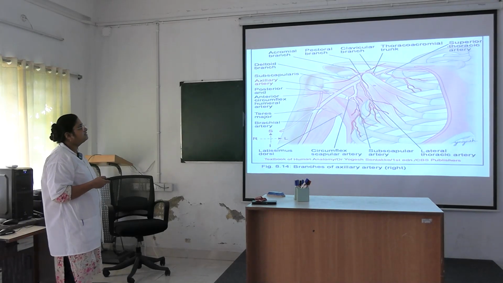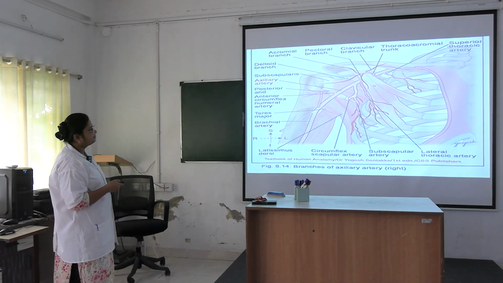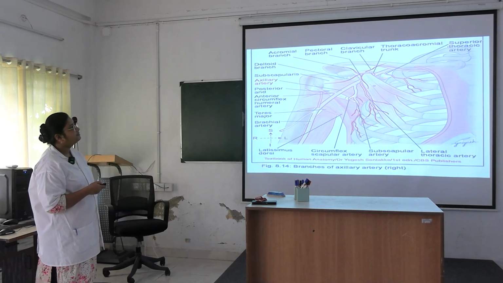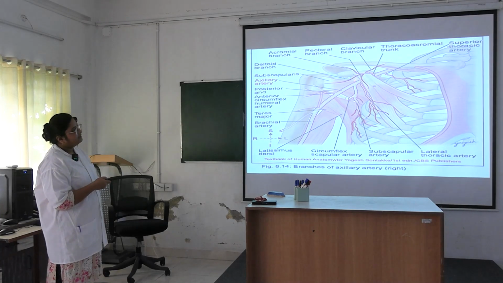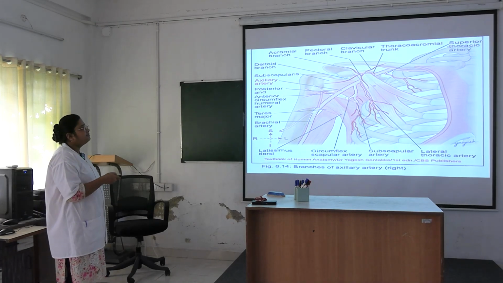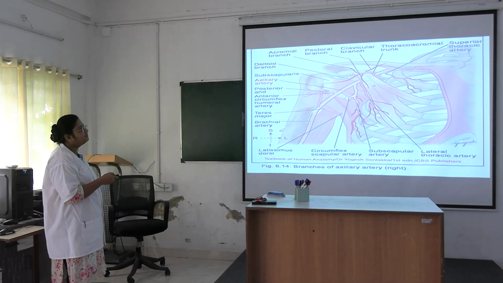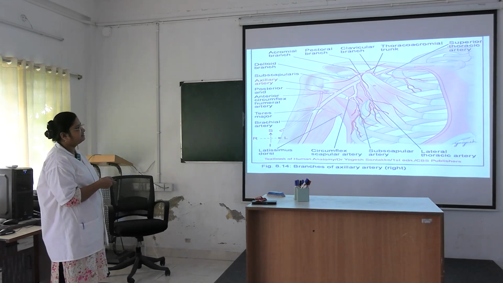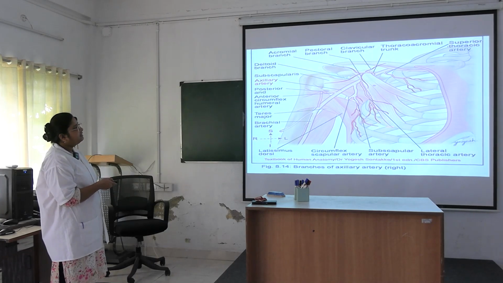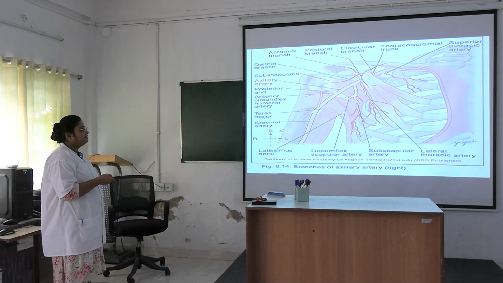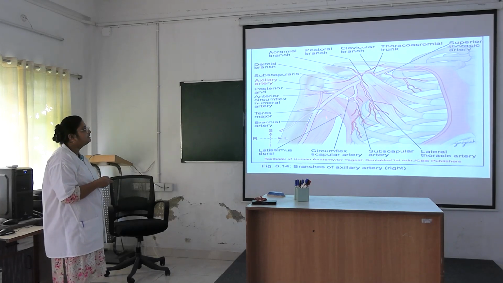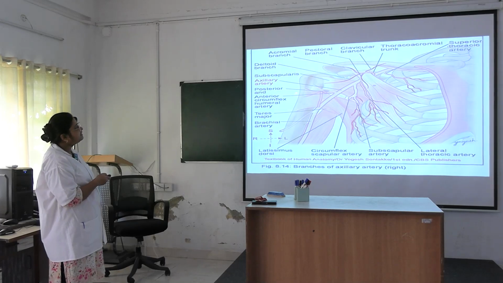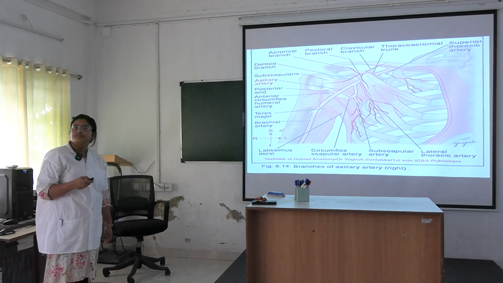So here you can see this is the axillary artery. See its branches. This is first part, that is medial to pectoralis minor. First part branch is superior thoracic artery. From the second part, two branches, thoracoacromial, lateral thoracic. Okay, and from the third part, three branches, subscapular artery, also giving the circumflex scapular artery and the thoracodorsal artery, and here you get other two branches, anterior and posterior circumflex humeral artery.